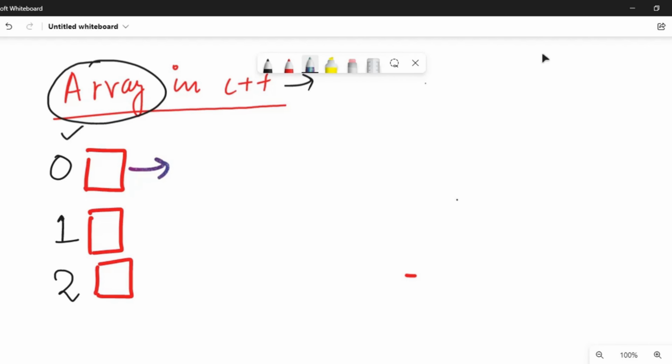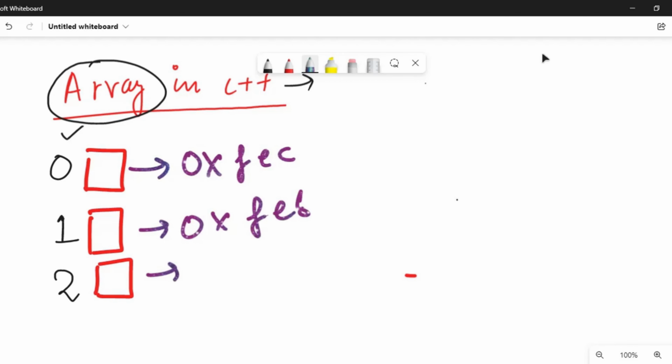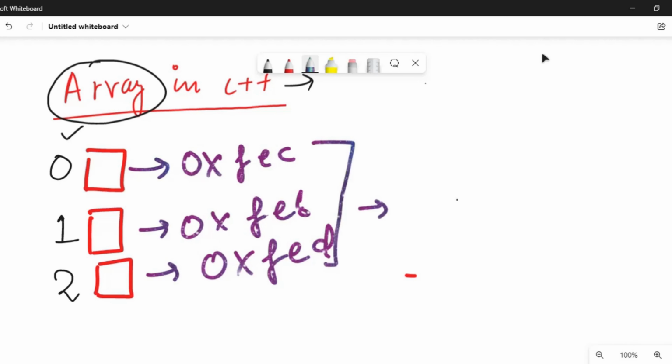For example, its address is 0xFEC, this one's address is 0xFEB, and this one's address is 0xFED. These are all addresses which we have defined, and they are in hexadecimal form.